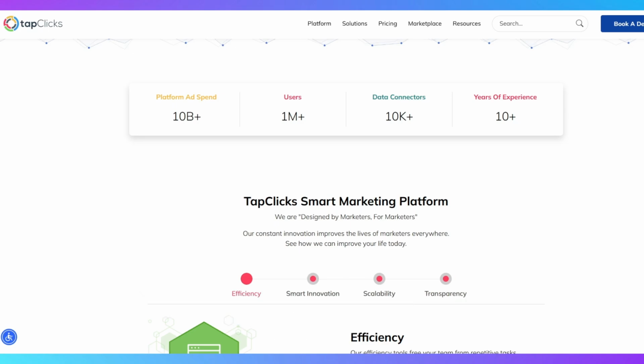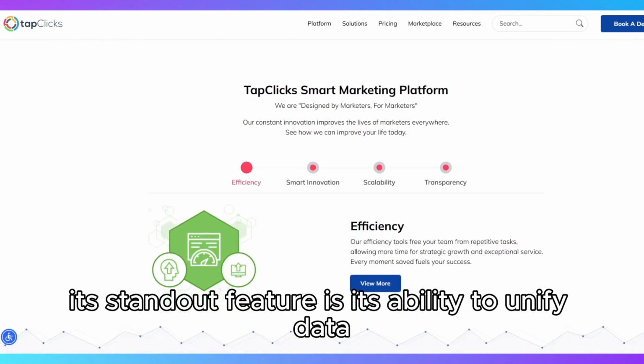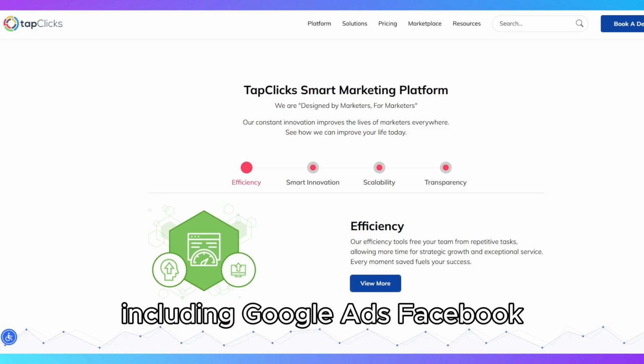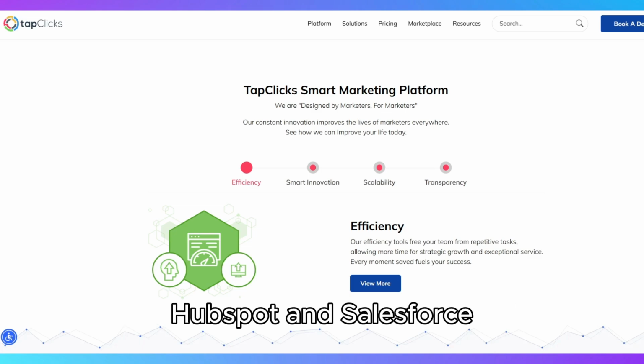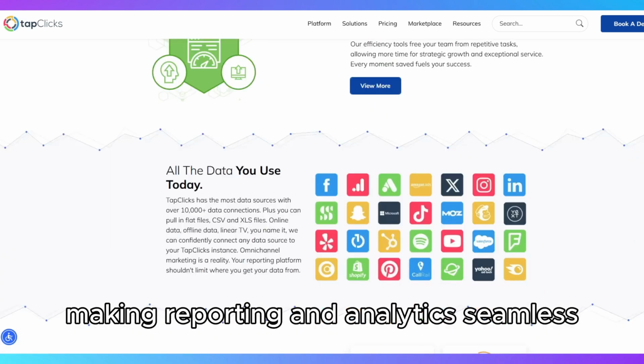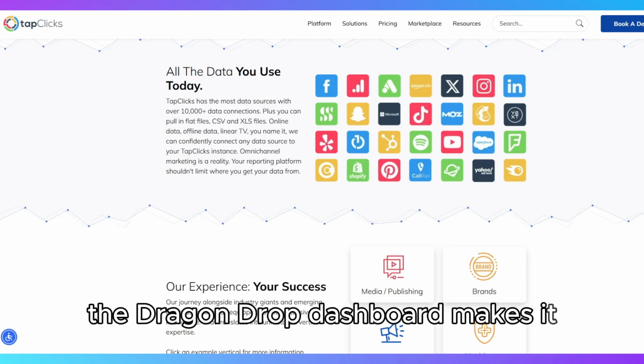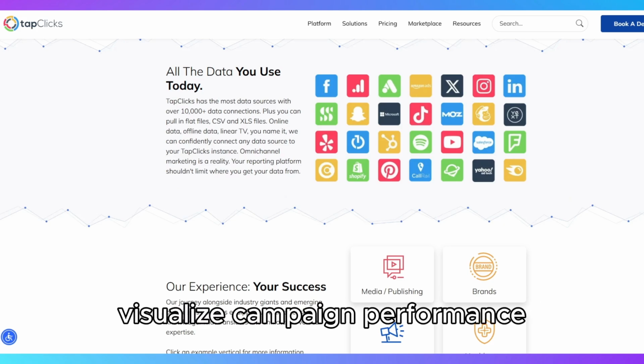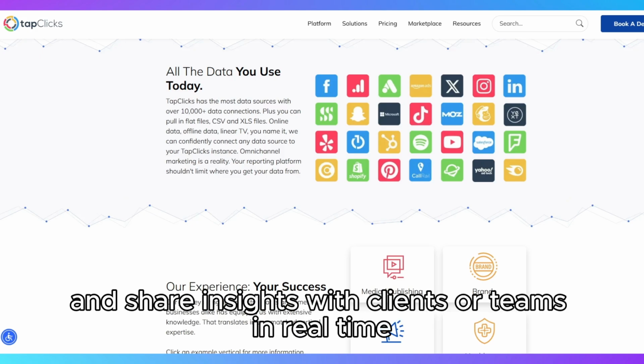marketing workflows. Its standout feature is its ability to unify data from over 250 integrations, including Google Ads, Facebook, HubSpot, and Salesforce, making reporting and analytics seamless. The drag-and-drop dashboard makes it easy to customize reports, visualize campaign performance, and share insights with clients or teams in